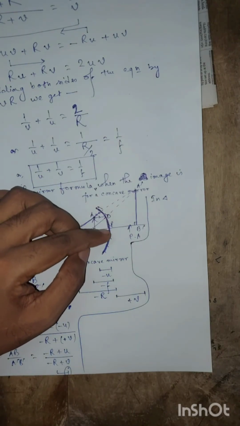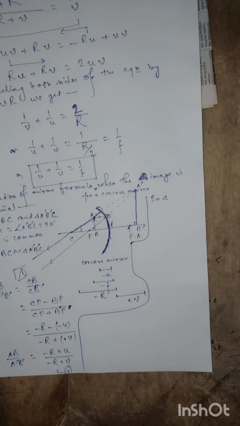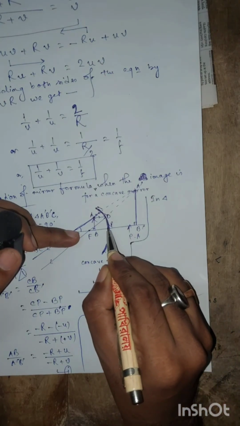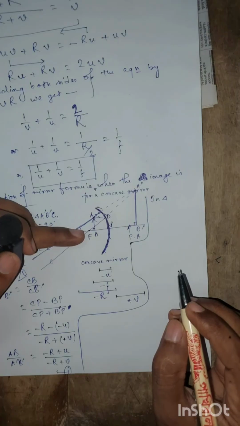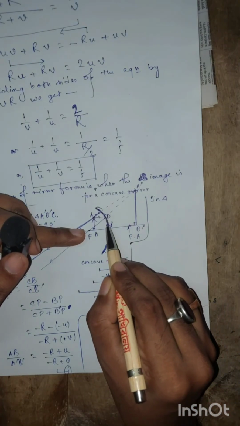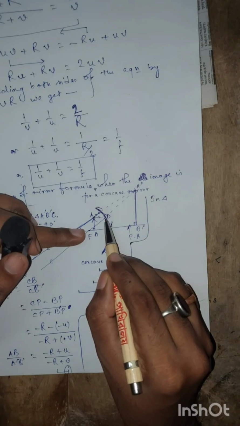It is not a curve, as these 2 points are very close, because the concave mirror is of small aperture. So, assuming this part to be a line segment,